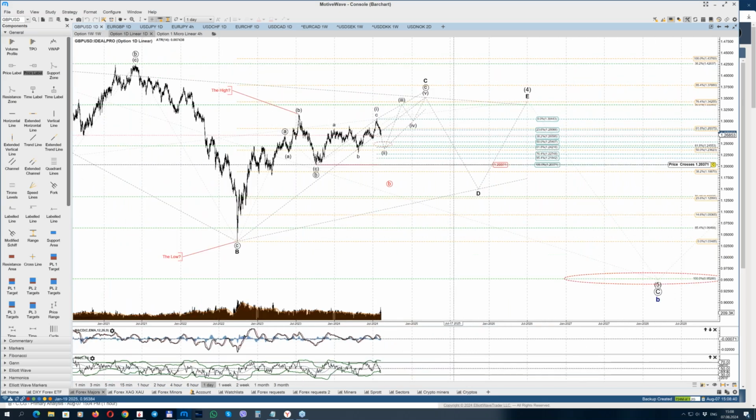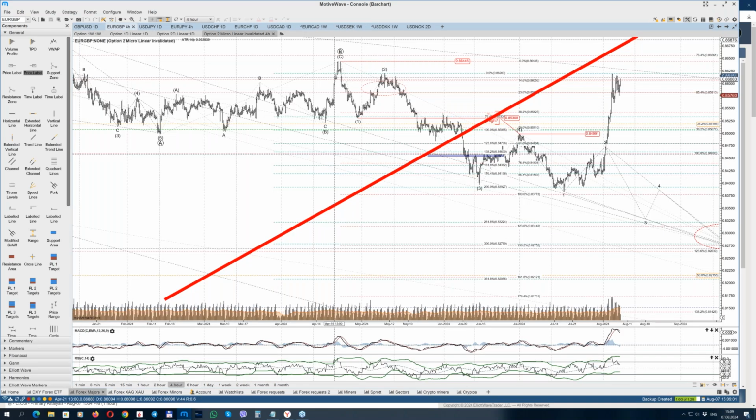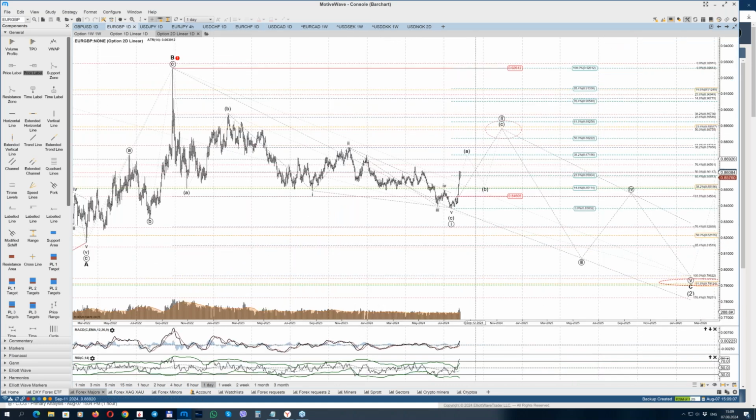This is what the count may be looking like. ABC, now wave 2, 3, 4, and 5. So for now, deeper targets in the wave 2 of the cycle CFC is my primary scenario. Euro to the British pound. The previous version of the count has been solidly invalidated. Now I'm following the updated scenario, suggesting waves A, B, and C for the cycle wave 2. Wave A is targeting